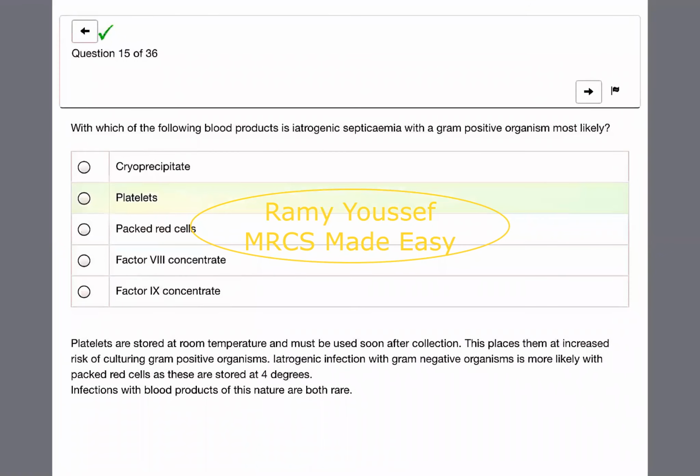Platelets are the most common blood product to cause infection. Keep this point in your mind. There is a difference between saying platelets are the most common one of the blood products that cause infection, because they are kept at room temperature,